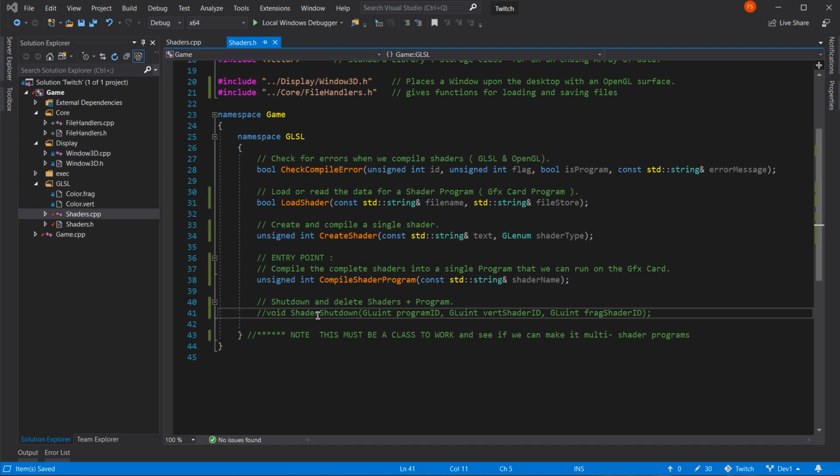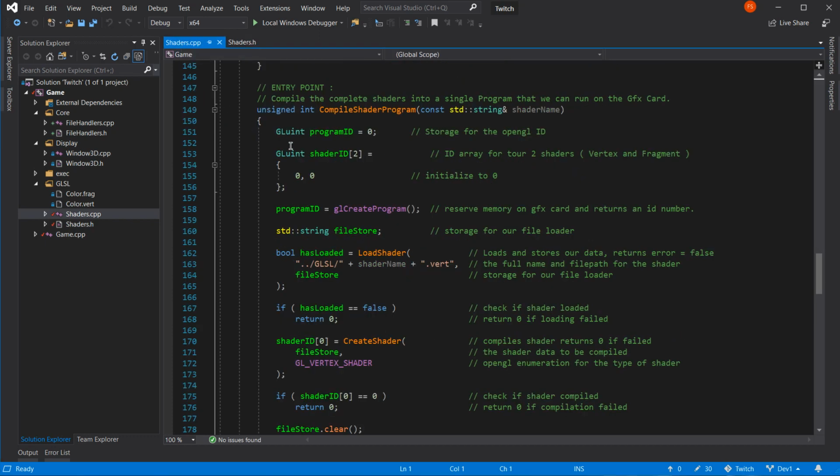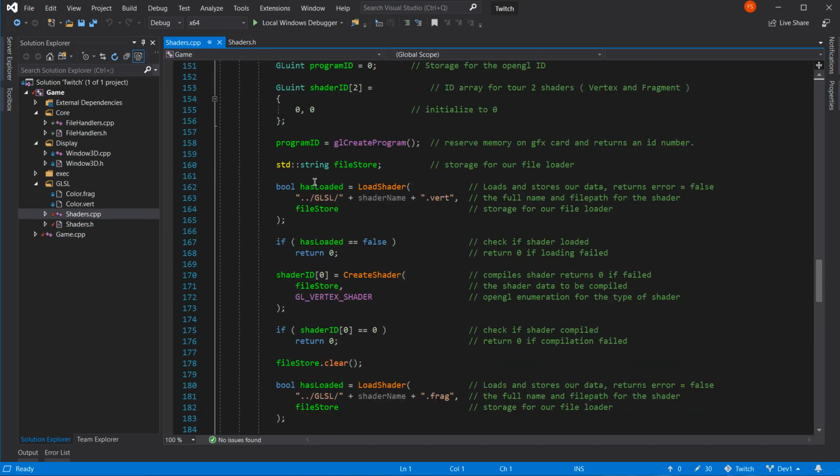What order is the shutdown? Because we've got returns out of this at early stages, haven't we? Or do we? Was I good about that and I didn't get the return outs until here?